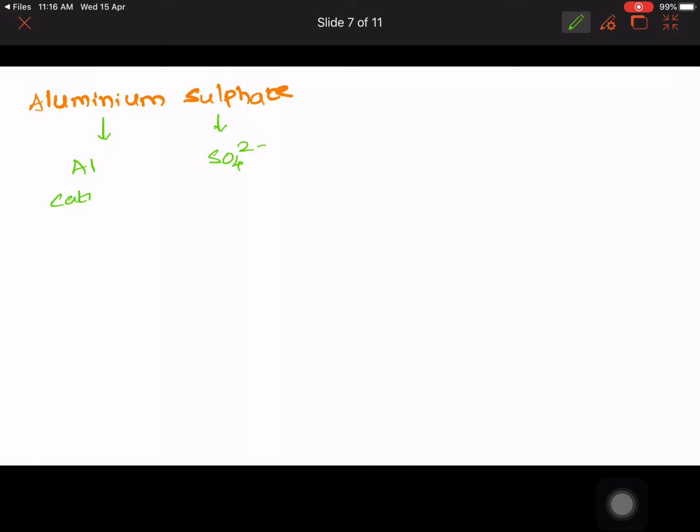This is the cation, and this is the anion. Whenever aluminium is combining with any other element in the periodic table, aluminium always exists as Al3 plus, and sulfate is SO4 2 minus. Write the magnitude of charge beneath the ions: 3 with aluminium and 2 with the anion. Do cross multiplication like this, then you will get